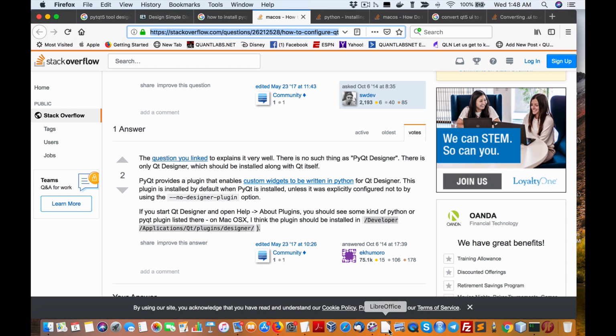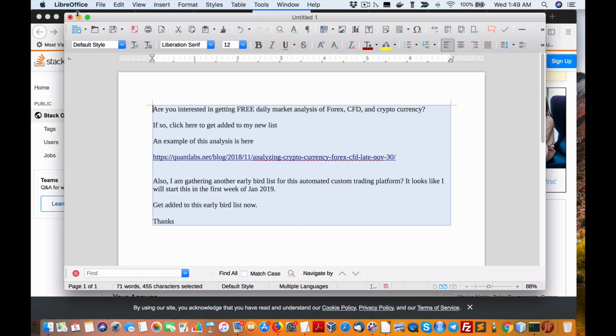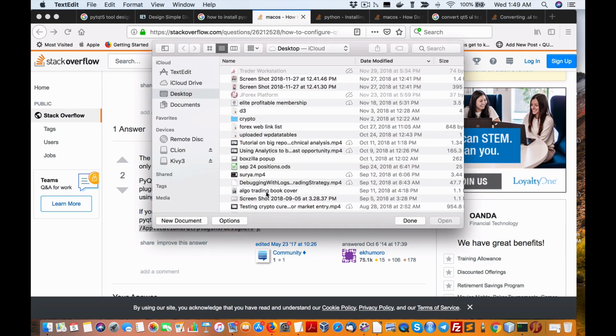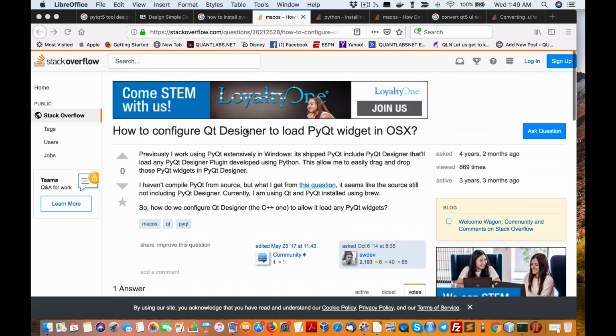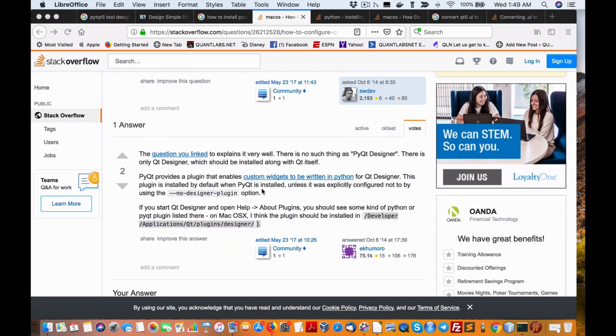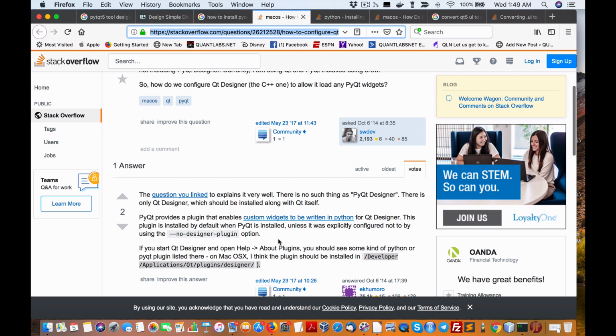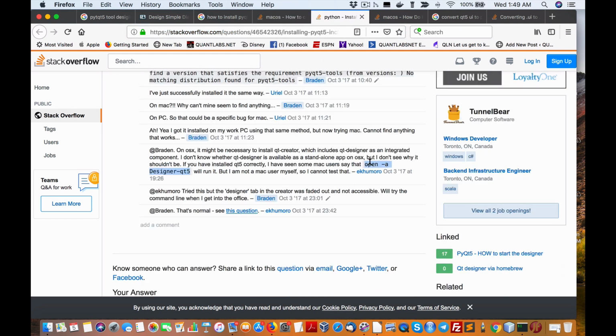Next thing to do is, in this link here on Stack Overflow, how to configure Qt Designer to load PyQt widget in OS 10, there was a blurb about running the designer, and that's with Qt5. Open -a designer Qt5. So if I run it in my terminal,